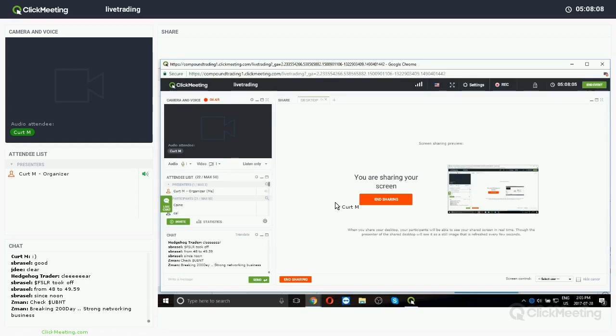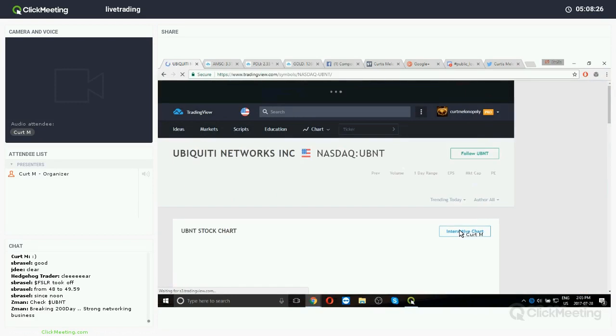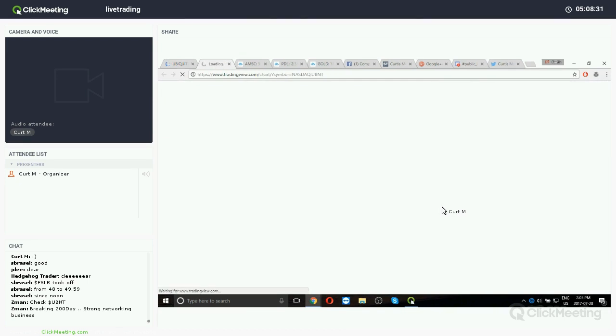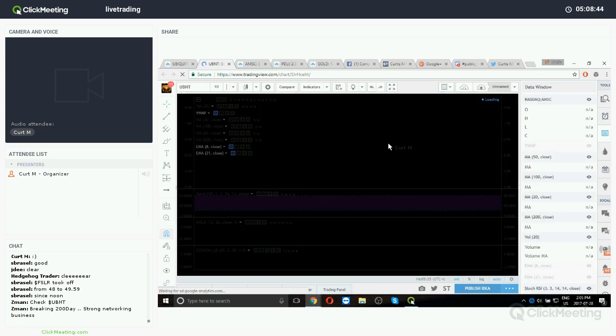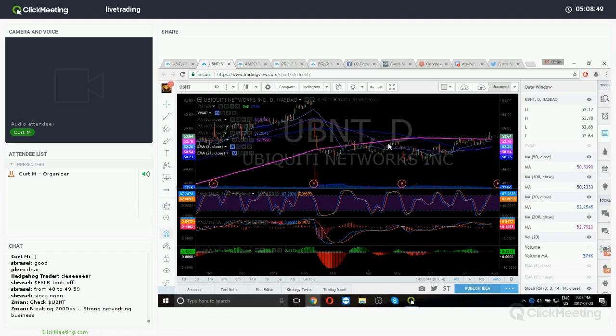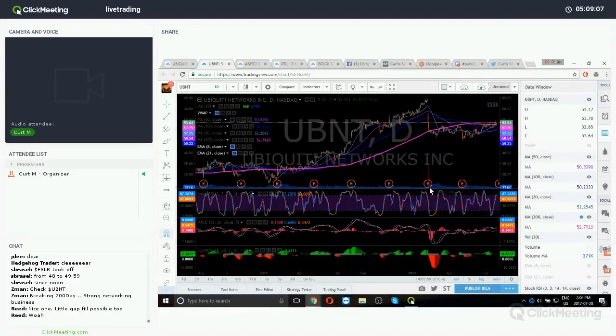Nice. Let's take a look. UBNT. I never traded this one. Oh, it's got a nice gap fill possible there too. Yeah, Reed was on it. Nice chart. So that came off at earnings, I would think, eh? Oh, perfect timing